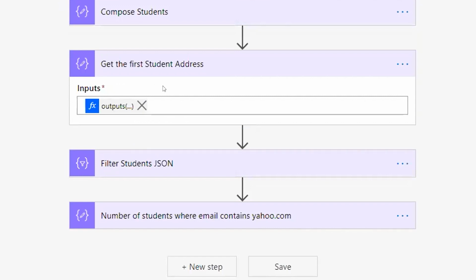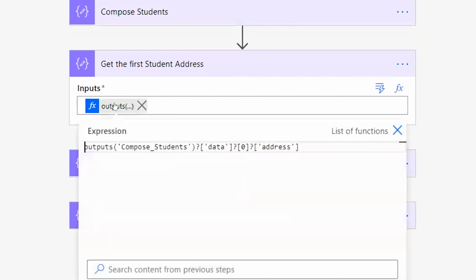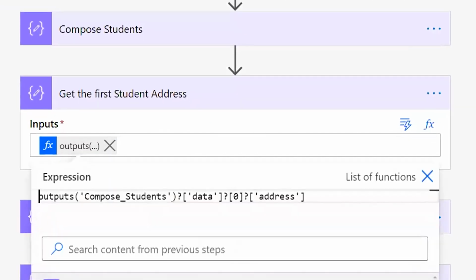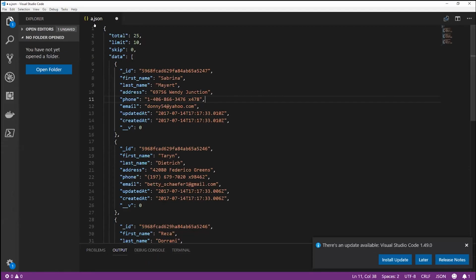The way you do that through expressions is this. My expression is from the student's JSON object, which is right here. I'm going to try and zoom in as well so we can see this clearly. So right here, I have my student's output. And from this, I have something called a question mark that I've put in. I'll explain to you what the question mark is. Then I have this notation called data. Now, what is data? If I head back to my JSON object, this is what my JSON object is. And in this, I have a node called data. So that's the node that I'm grabbing right here.